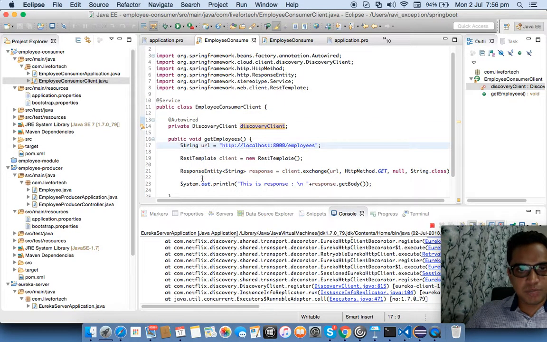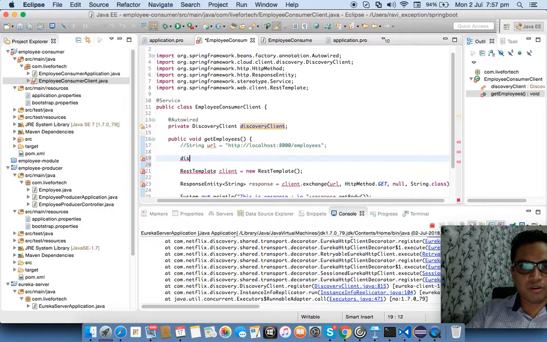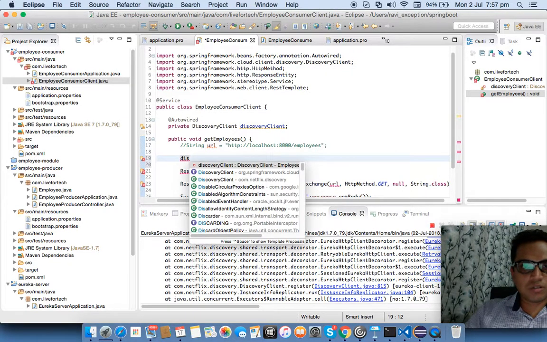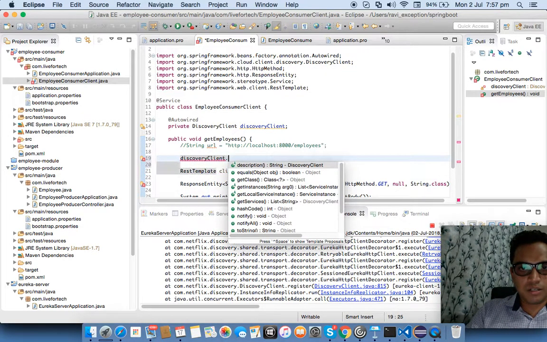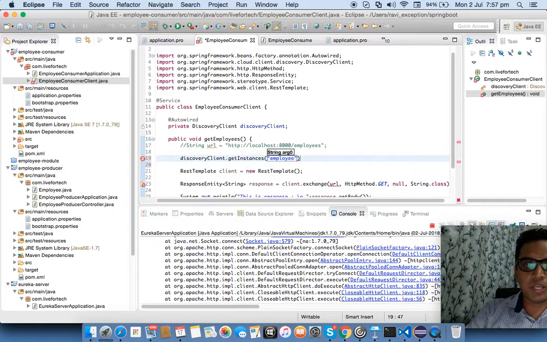Now I will just comment out this code. Now I will use discovery client get instances. What I need is an instance of the producer module. What is the name of that? Employee producer,